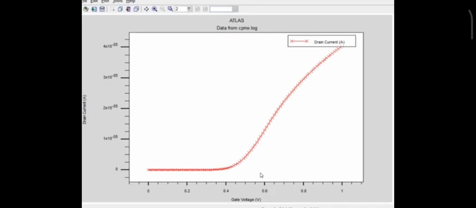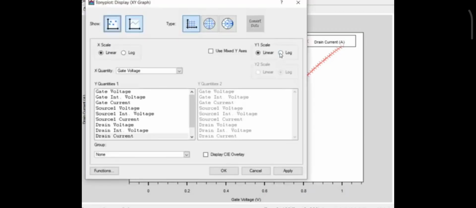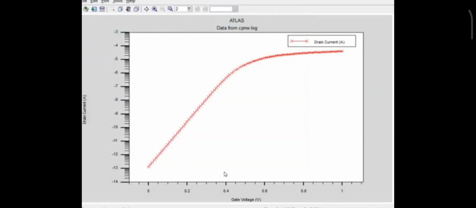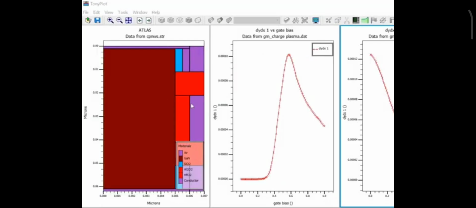Drain current with respect to gate voltage. I want to check in the log format. Now the y-axis is in log and the x-axis is in linear scale. The on current is approximately 10 raised to power minus 4 and the off current is approximately 10 raised to power minus 13. This is the structure file